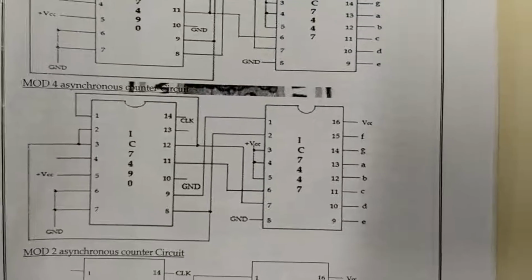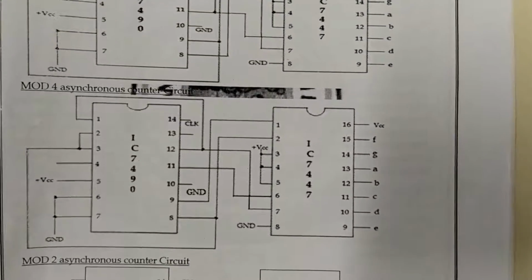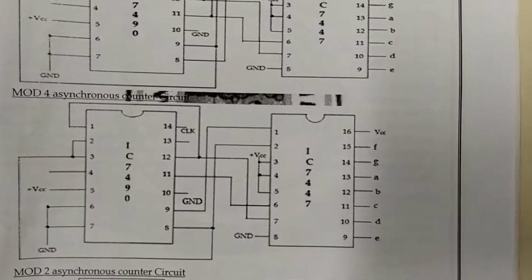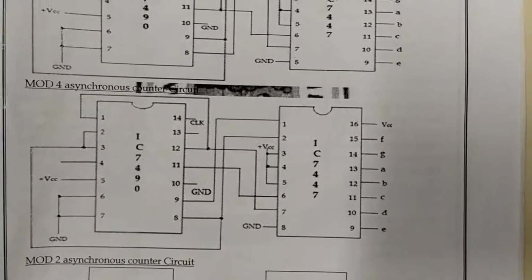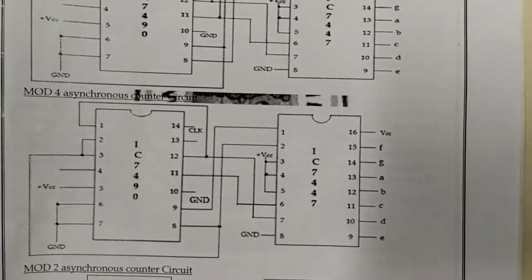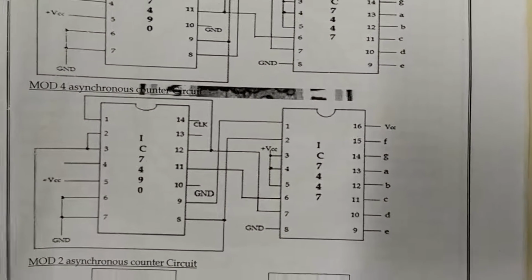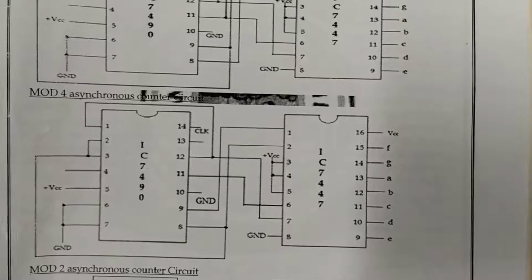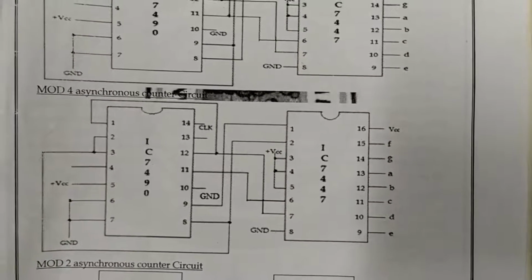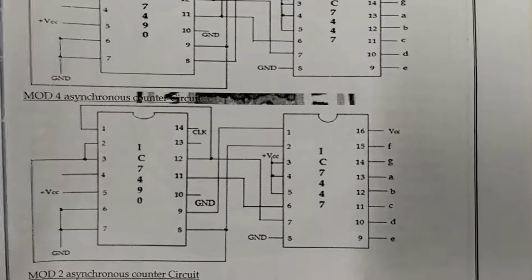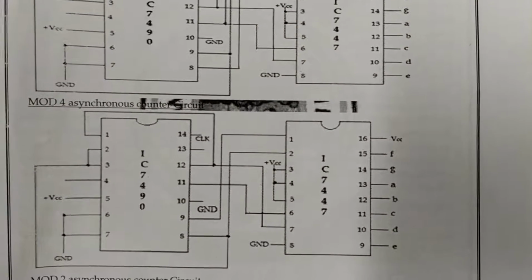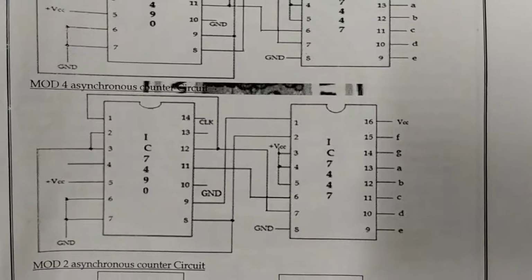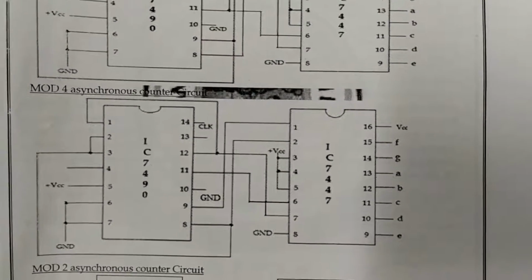The next circuit we will be seeing for demonstration purposes is the mod 4 asynchronous counter. The circuit diagram is seen here with the counter IC and the decoder IC connected back to back, with a slight change of connections with respect to the mod 6 counter we saw previously. In fact, we need to rig up mod 7 counter, mod 5 counter and all the counters, but for demonstration purposes I am just taking 3 counters.